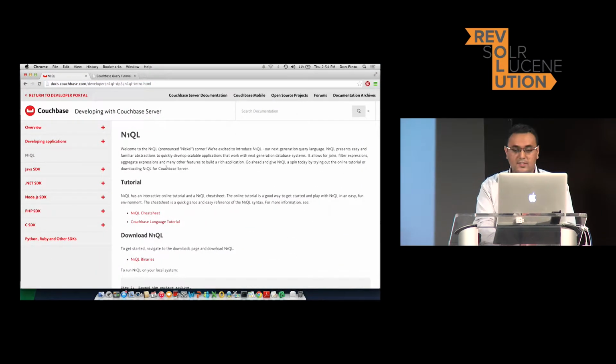So what you can see on the screen here is, if you go to query.couchbase.com, you would land on this page. And this page is, again, a one-stop shop for N1QL. It gives you things like the cheat sheet. You can also stop by a booth later on to grab this cheat sheet if you want a hard copy of it. There is also the Couchbase language tutorial, which is what I'm going to show you a few sample